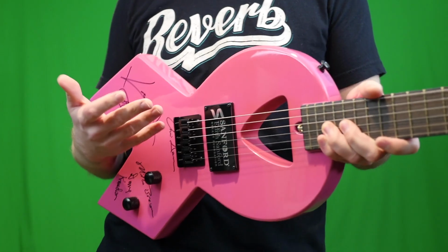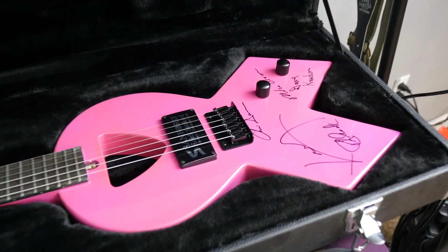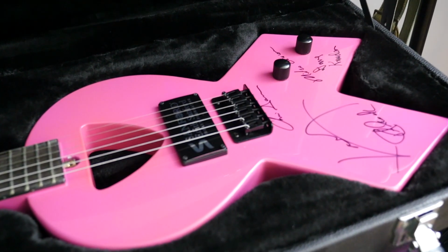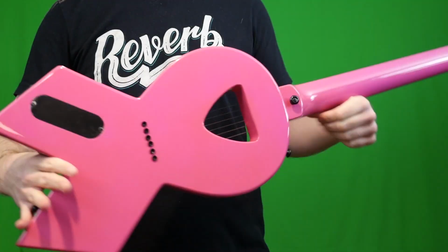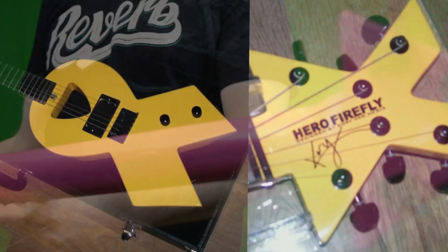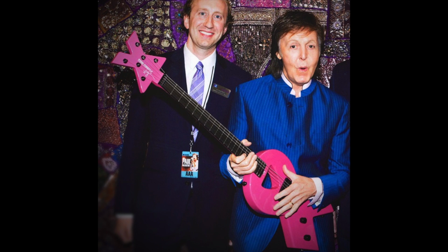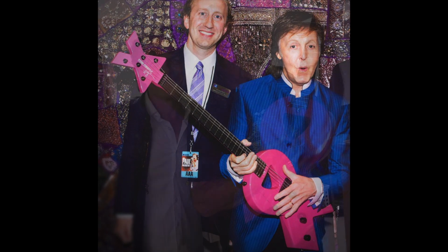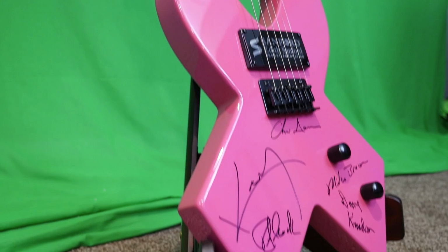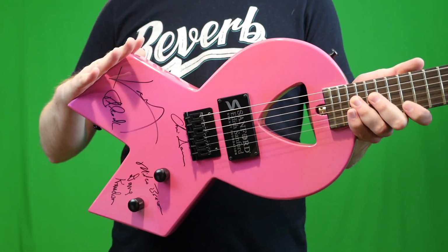So he saw this opportunity and started partnering with more places. So these are what he calls his patented ribbon-styled guitars. And he's done these types for many different organizations to support cancer research. So you might find a yellow one that's about kids' cancer or for veteran services. There was an orange one done for the San Francisco Giants, a red one for Bono's Red campaign, a blue one for the Kansas City Royals, but the one we're talking about today is the pink one,